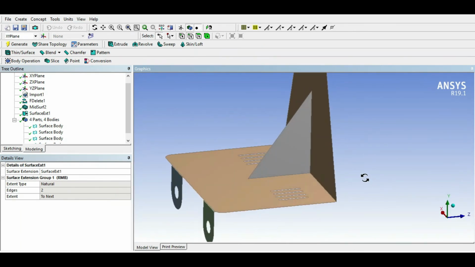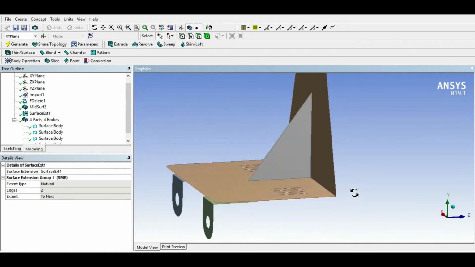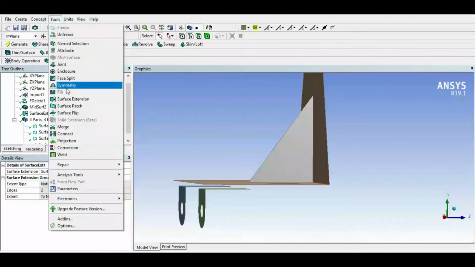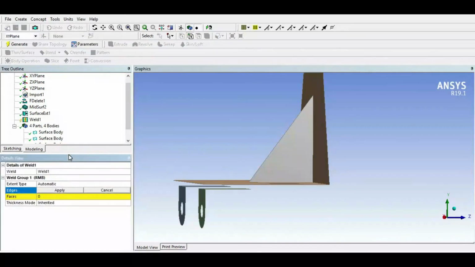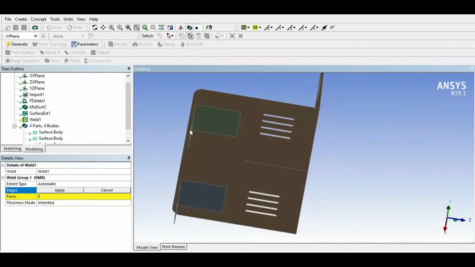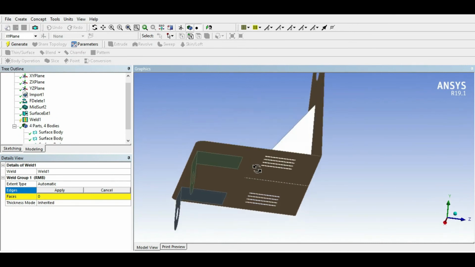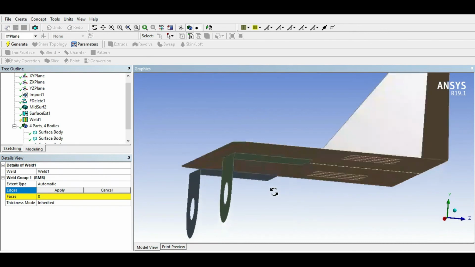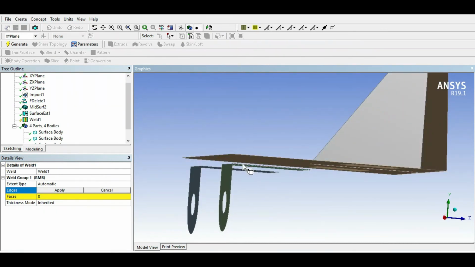So like the surface extension feature, we have another tool like weld. So here click on this weld tool here. It is asking for a geometry. So here I am going to use this tool to weld this surface body with this last surface body.